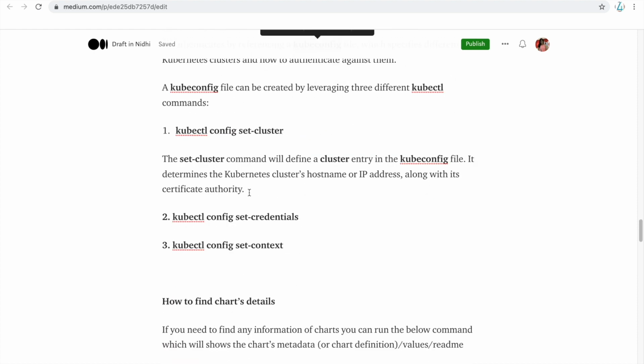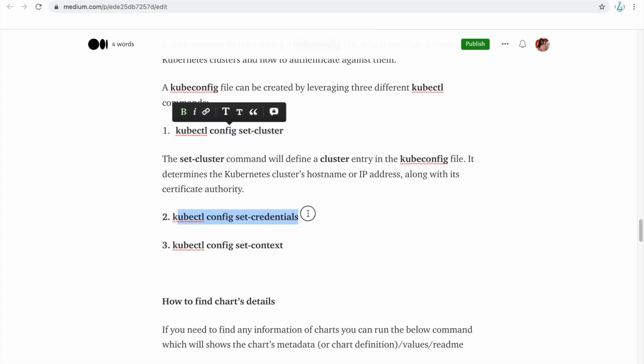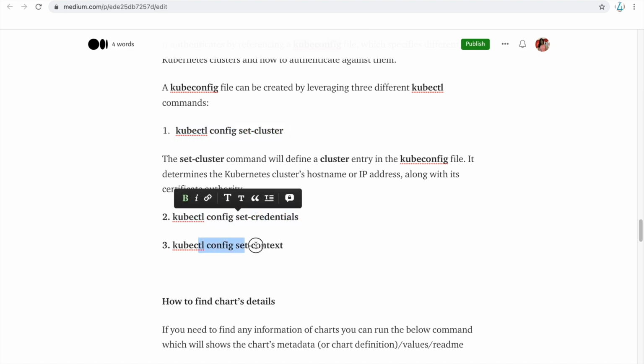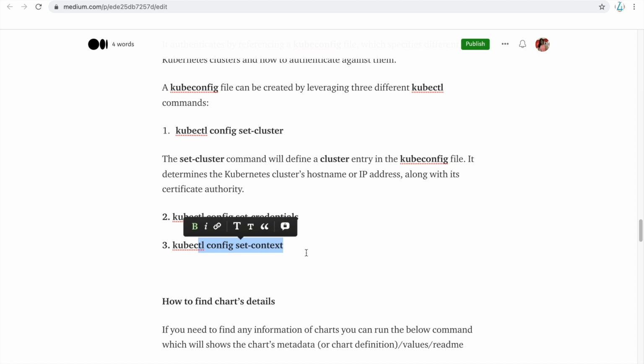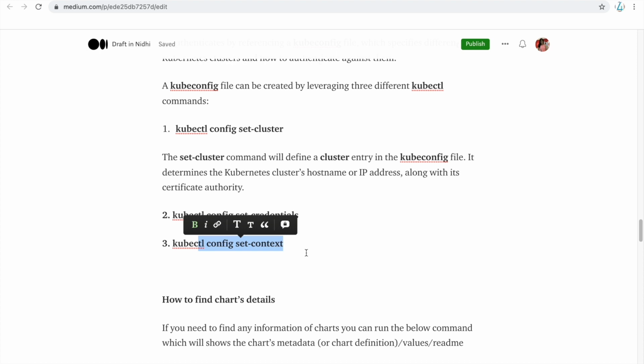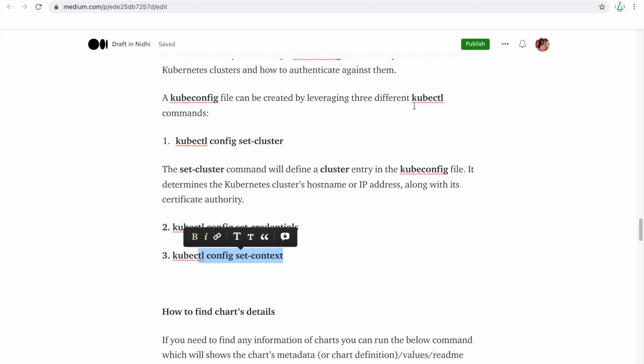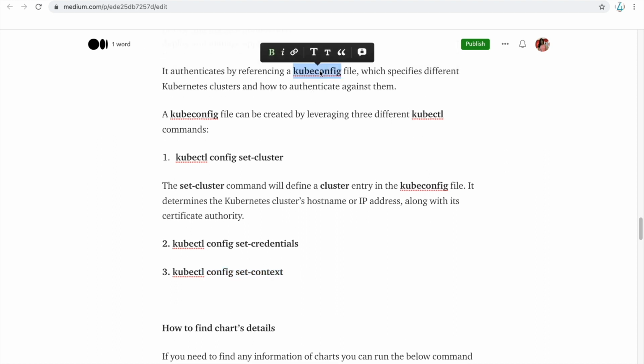There are three commands you can use: kubectl config set-cluster, config set-credentials, and config set-context, to configure the credentials. In my example, I am using Google Cloud. When you create a cluster from your machine, it automatically creates the kubeconfig file, and Helm automatically uses it for authentication.